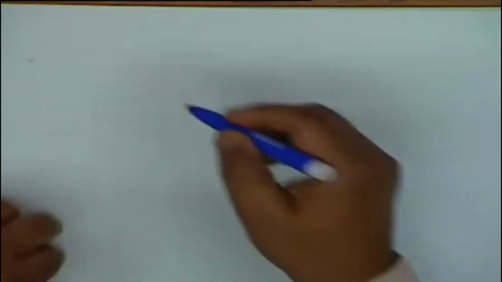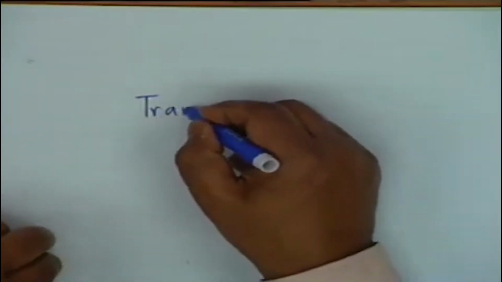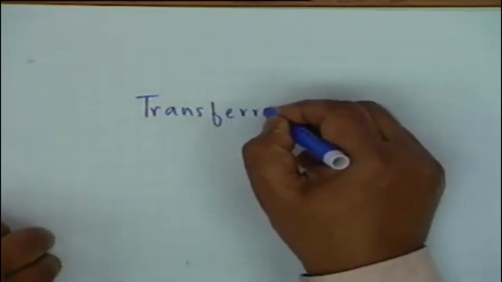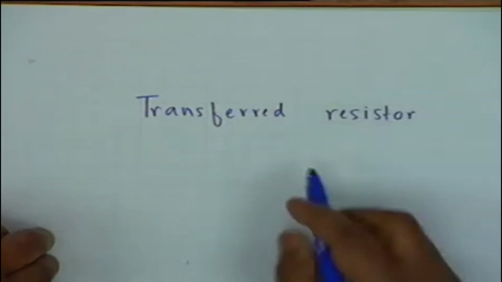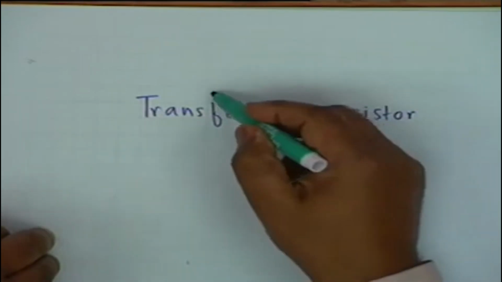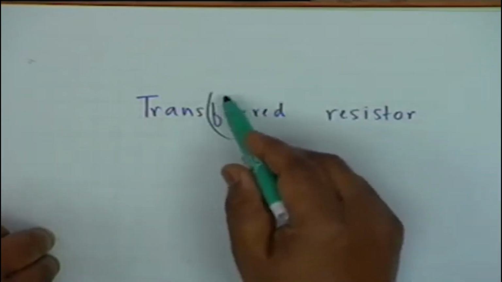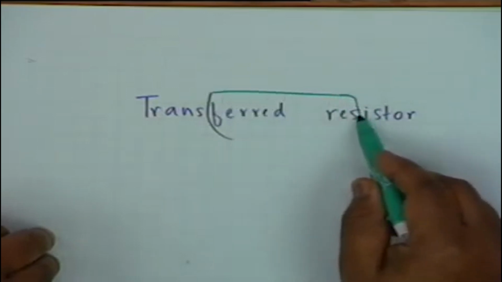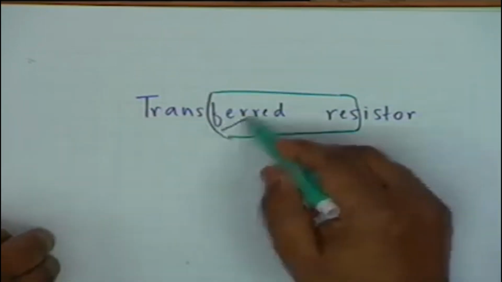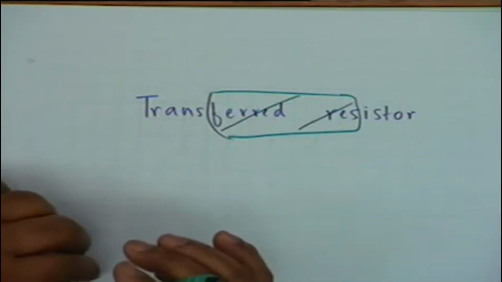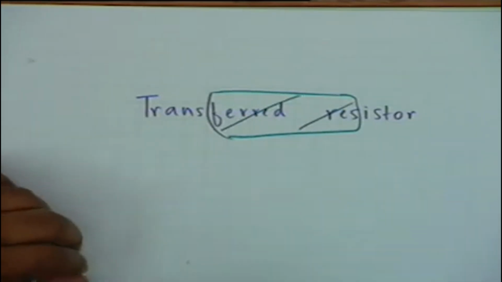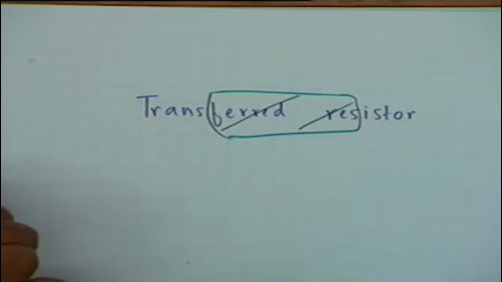The word transistor was coined from a transferred resistor, where you delete this portion, then you get transistor. Transistor actually is an abbreviation for transferred resistor. And to understand why it is called a transferred resistor,